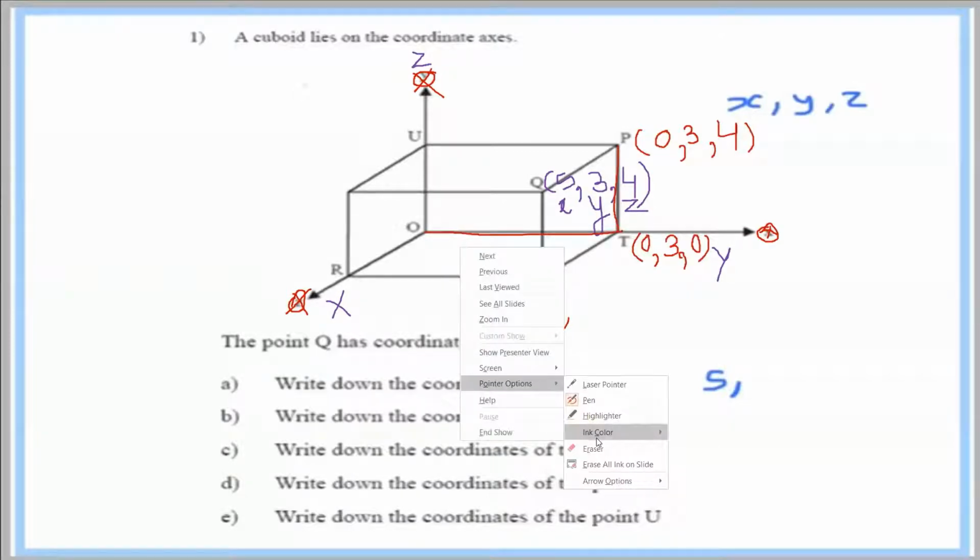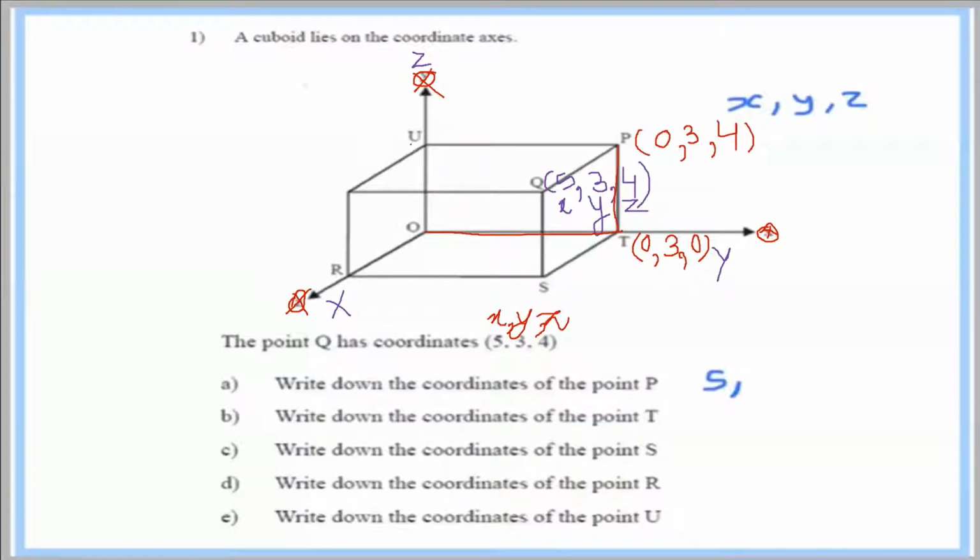Let me take another pointer. For example, if you have to find the coordinates of U, you have to move from the origin up till here, and U is lying on the z axis. What is the value of z? That is 4. What about the other coordinates? x and y will become 0, and z will be 4. Keep it in mind, I have changed the axes here. Now let me find the coordinates for R.